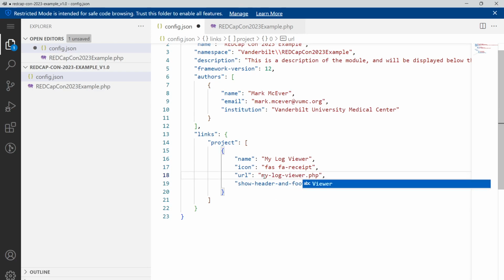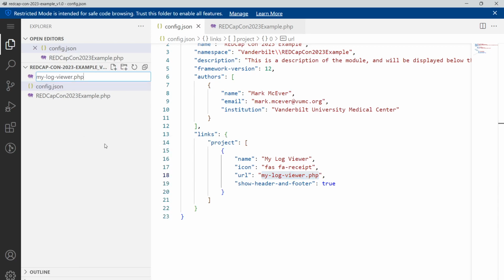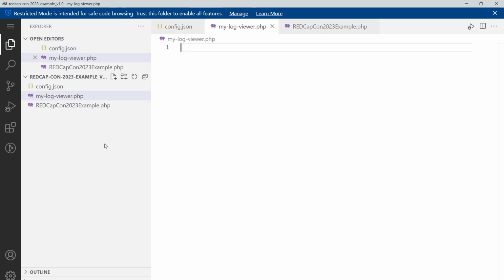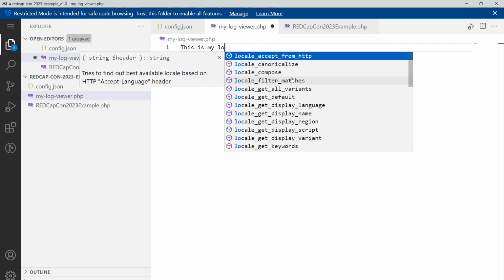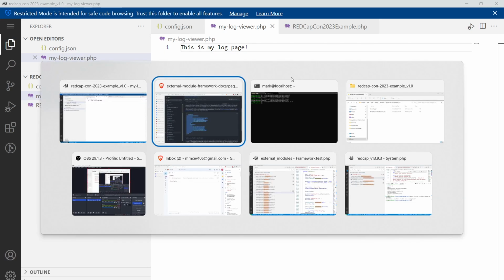Because I've done this a few times and read the docs, I do know that means I need to create a page in my module by this same name. So I'm going to go ahead and create a new file in my module called mylogviewer.php to match that link. And then inside here, I'm just going to say, this is my log page. So let's save that, jump back to REDCap,